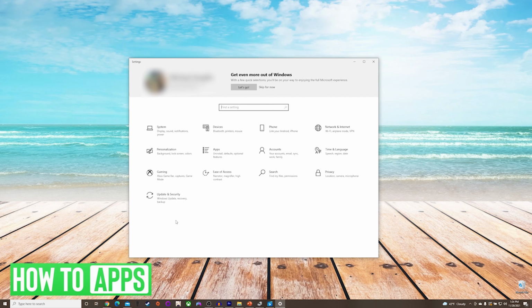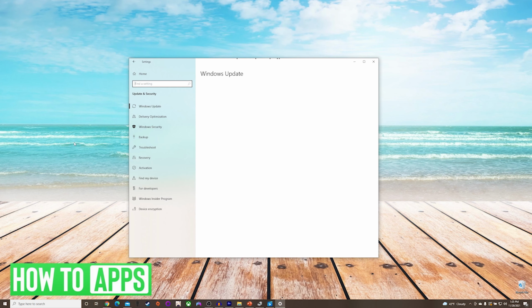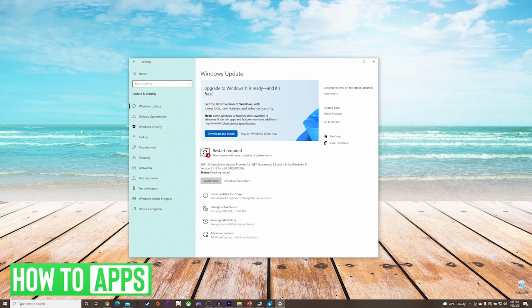We're going to go to Update and Security, and we're going to make sure that there are no pending Windows updates. You can see on mine here that it's pending a restart. So if that was your case as well, you would want to press Restart now and then try your camera again. However, if it says that you are already up to date, you would want to press Check for updates just to make sure. After you have verified that your Windows is fully updated, if you're still having camera issues,